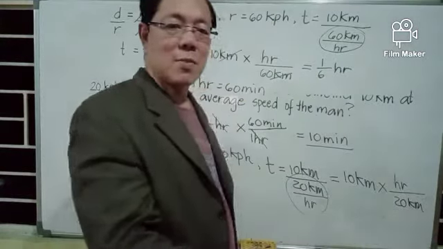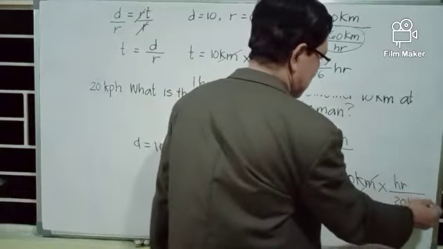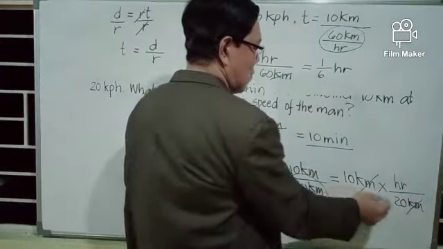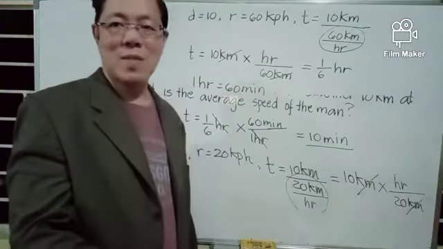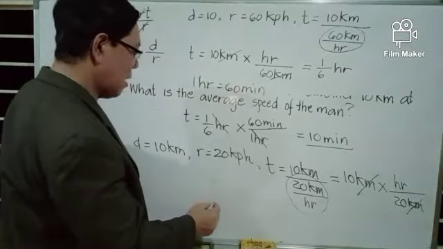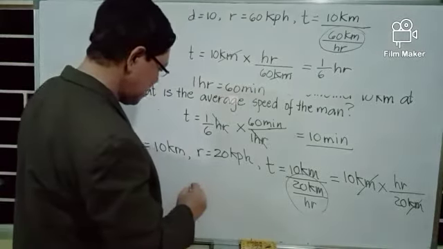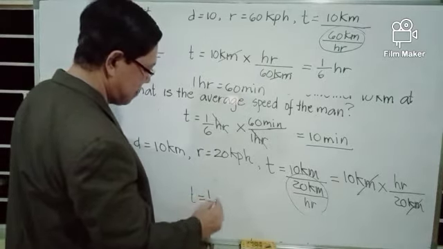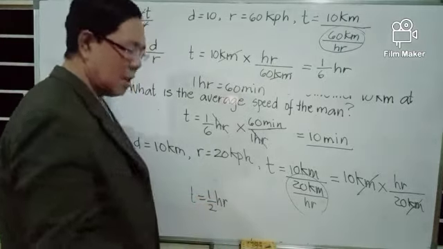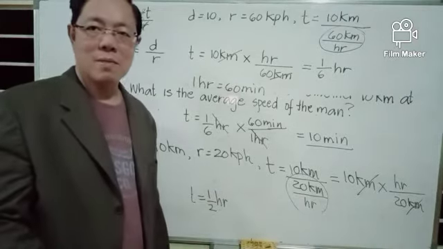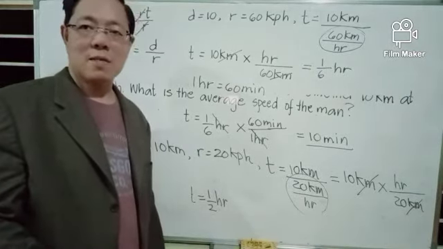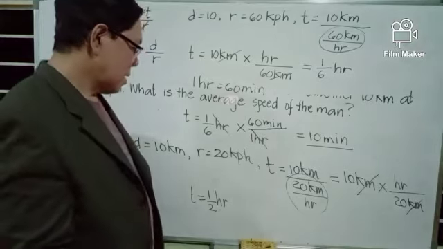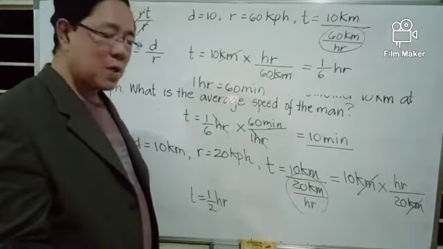And kilometers will cancel out. We get 10 over 20, in lowest terms is 1/2 r. t is 1/2 r. It took half an hour for the man in the second part of the trip